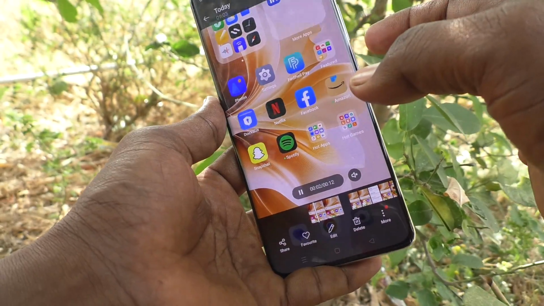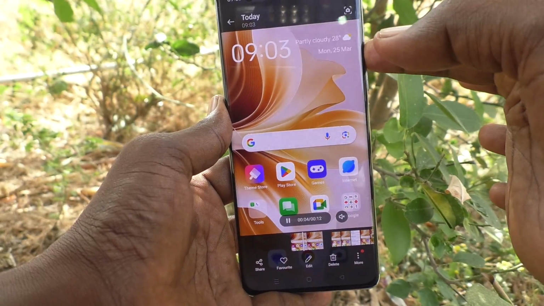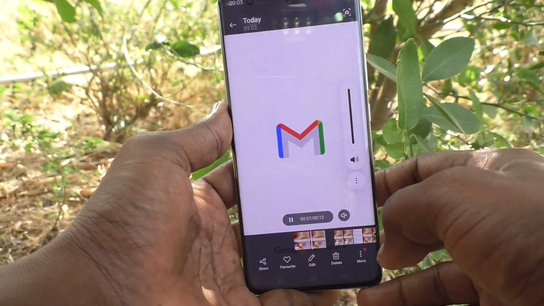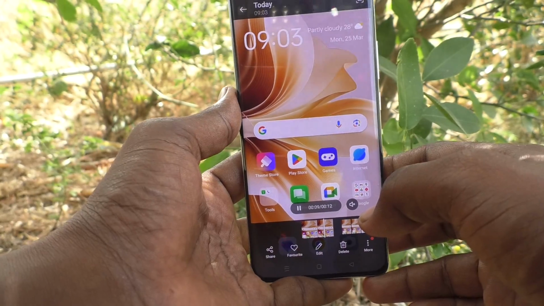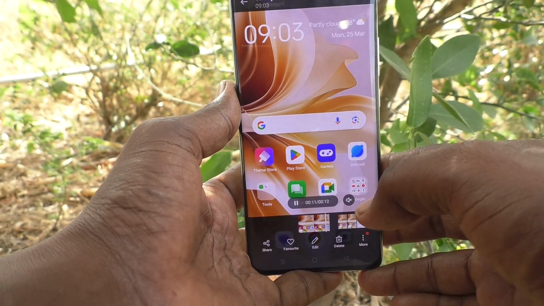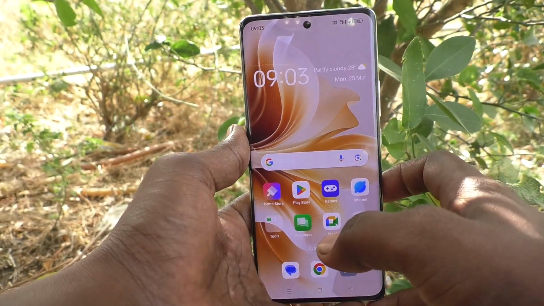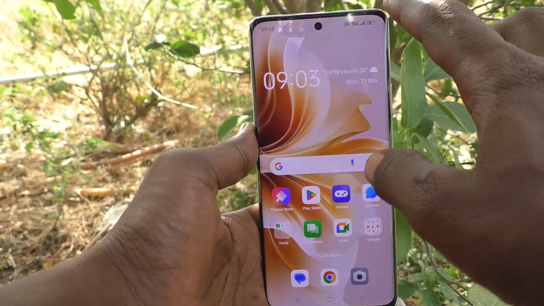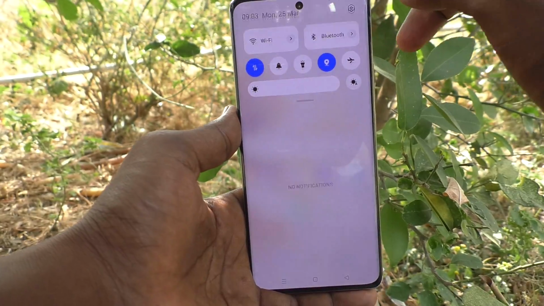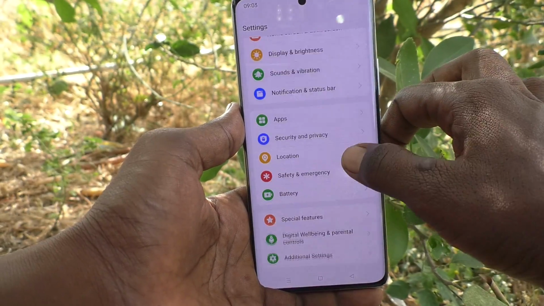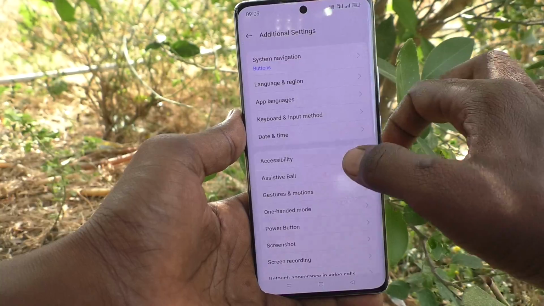There is no sound. Okay, only the screen is playing but no sound is coming, because screen recording sound is not yet enabled in my phone. So if you would like to enable sound for screen recording, yes, you can do it. What you have to do is go to the settings of your phone here, then go to additional settings,